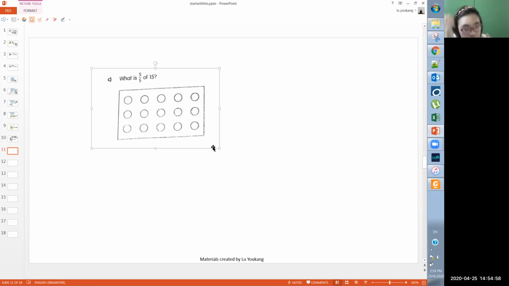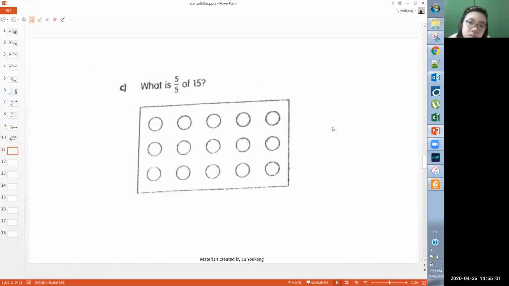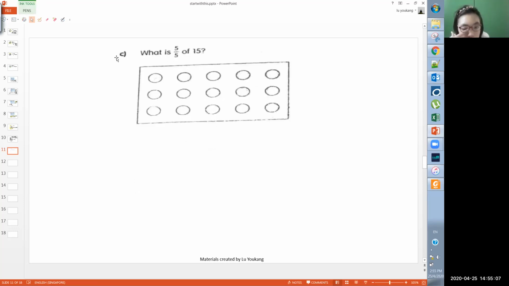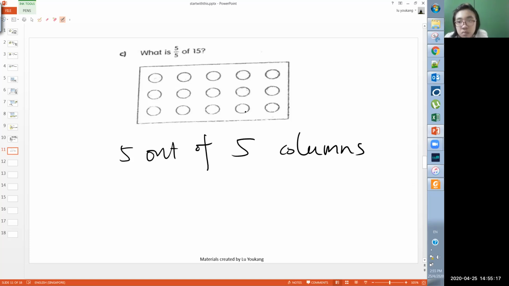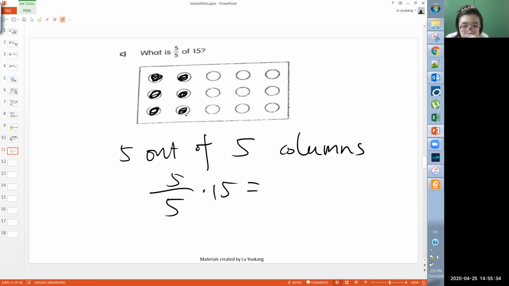Last question here on fraction. So 5/5 of 15. What is the meaning of 5/5 in English? 5 out of 5 columns. That's the meaning of 5 out of 5. Am I right? So 5/5 times 15. So 5/5 means this column is shaded. This column is also shaded. It says 5 columns are shaded. So what it means is all are